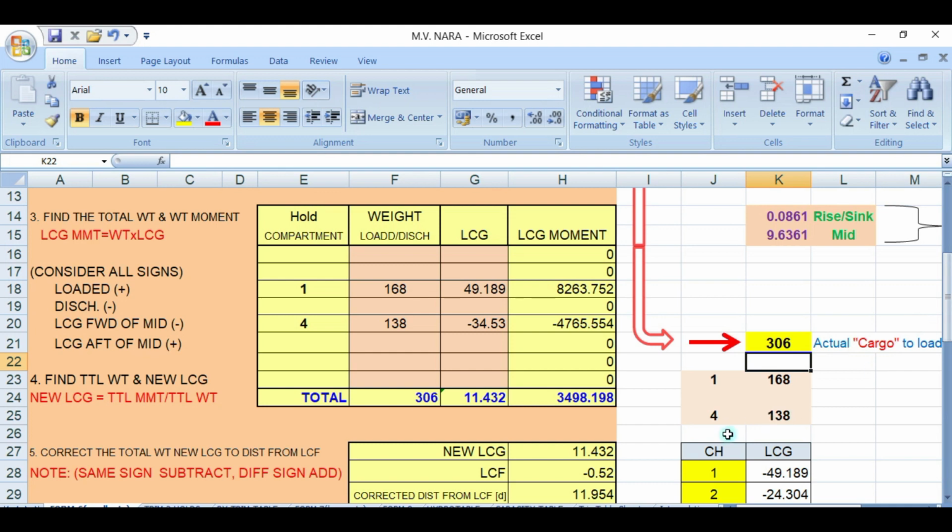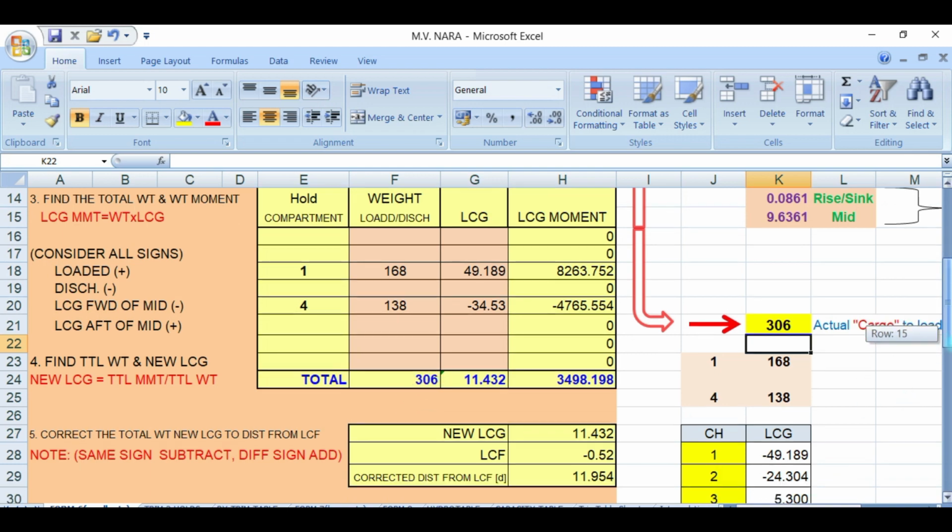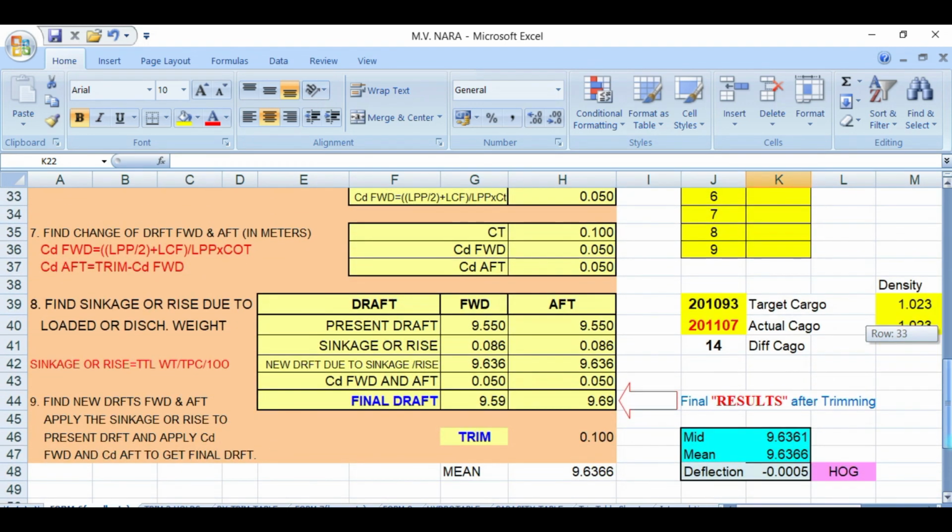Number 1 is 168, number 4 is 138, the total of 306, and your forward drop will be 9.59, and aft drop will be 9.69, which is 10 centimeters trim by stern, and your main drop is 9.636. Okay, and you have a 0 deflection.